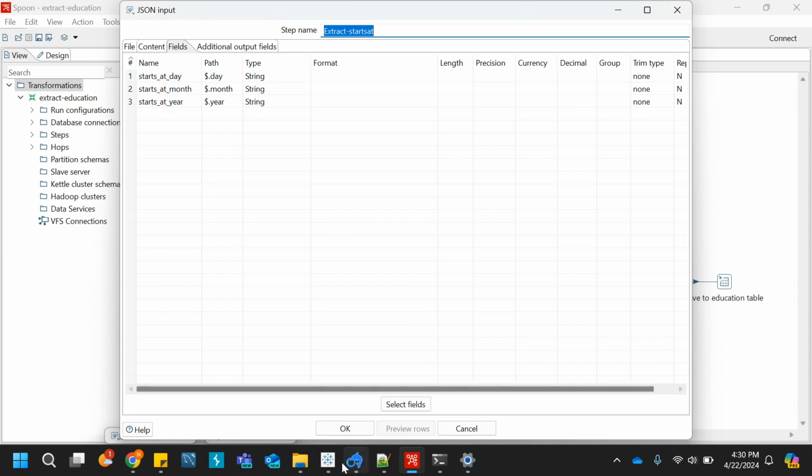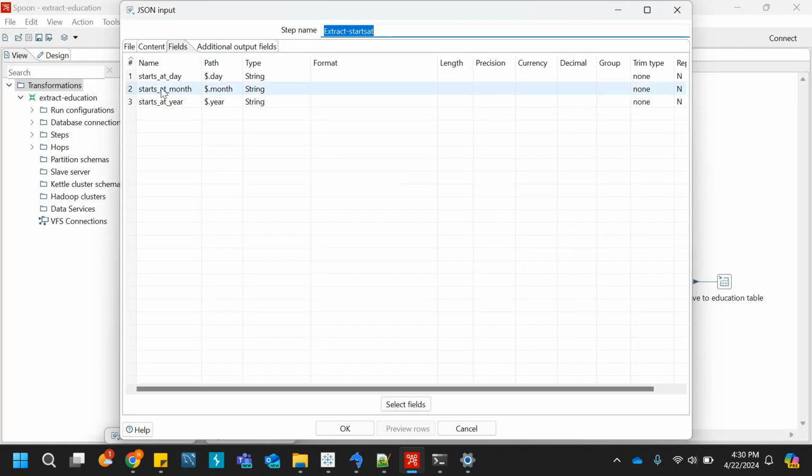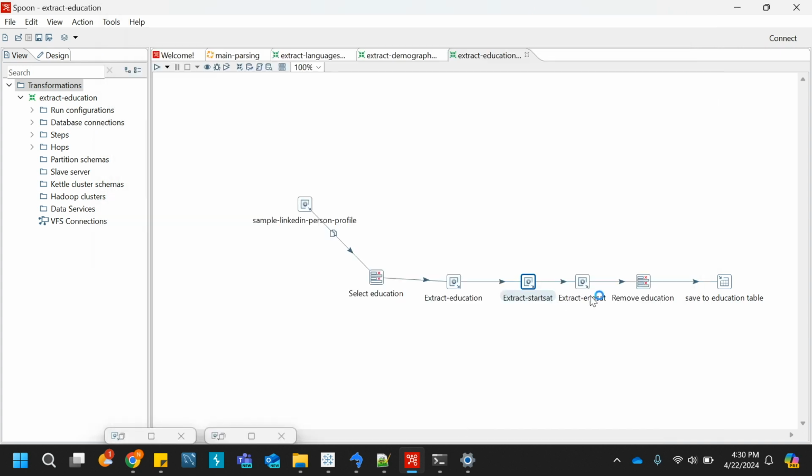So this data which is available in this form, day, month, year, ends at day, month, year, will be stored in the fields in this way. In the similar way, we have done for the extract end date as well. Once after this is done,